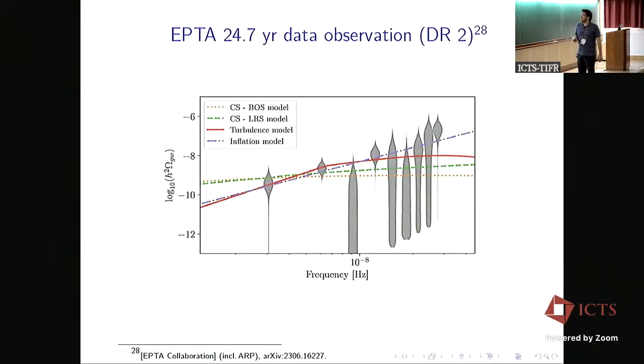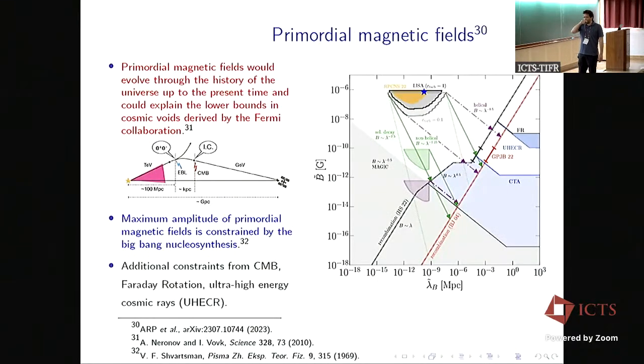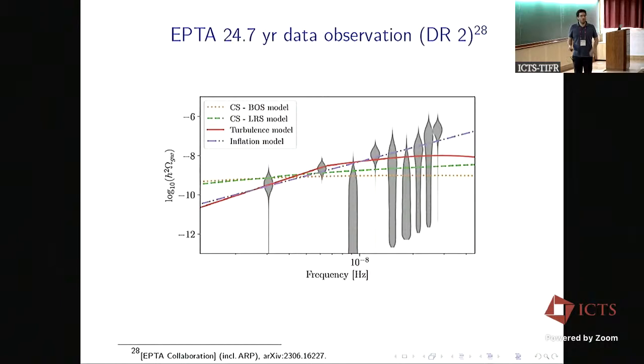So let me just, to finish up, talk a little bit about primordial magnetic fields, because so far I have been considering that they are present, or that they are produced during the electroweak phase transition, and they lead to the production of gravitational waves. So if we assume that this turbulence, for example, is completely produced by a magnetic field, or that the magnetic field is in equipartition with the total amount of turbulence in the system,